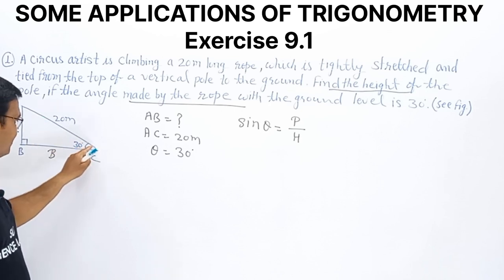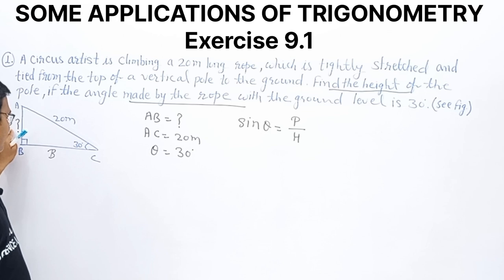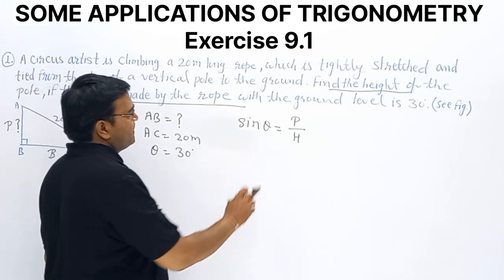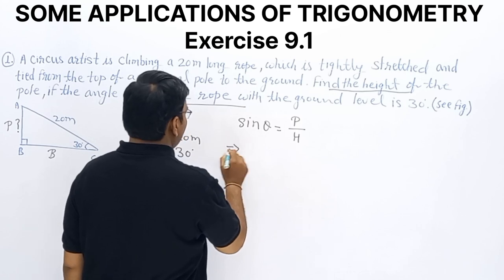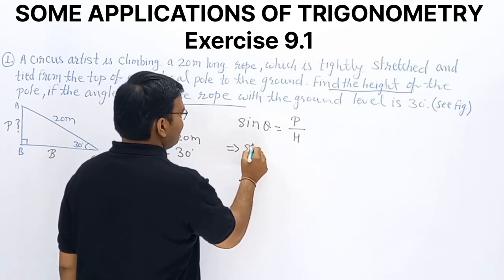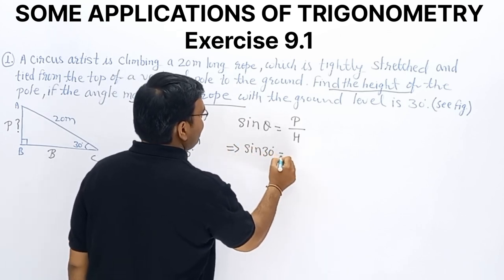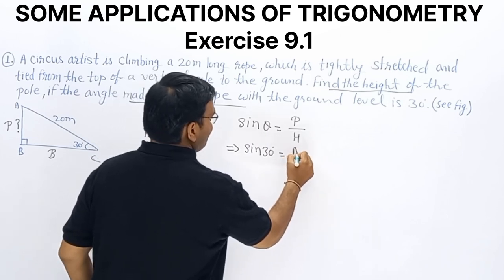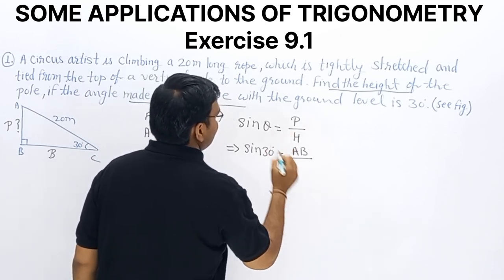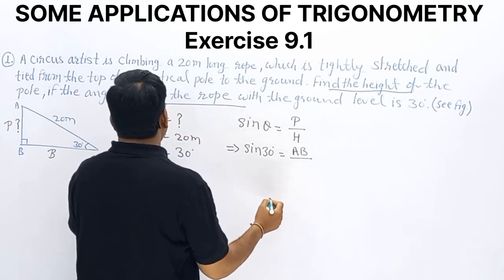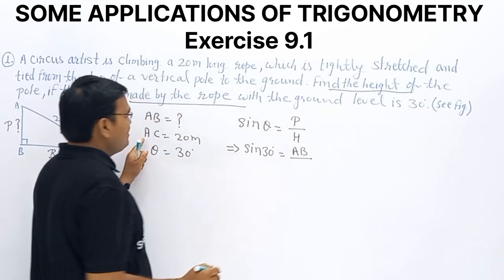This is the acute angle. Opposite of this one will be the perpendicular, and its adjacent will be the base. So this can be written as, theta equal to 30 degree, sin 30 degree will be perpendicular over hypotenuse. Perpendicular we want, so I am writing AB, and H is the hypotenuse, and its value is AC, and AC is